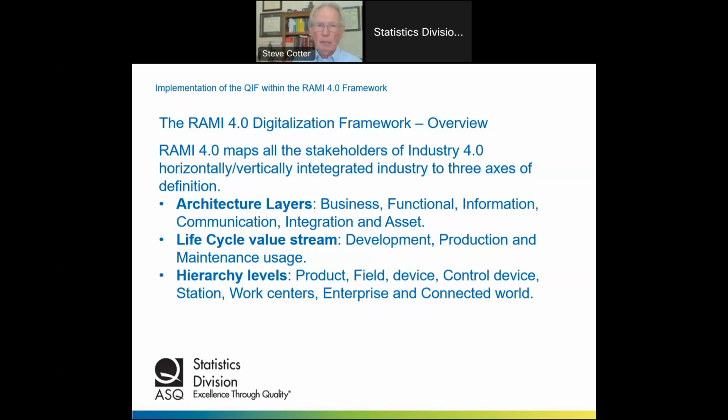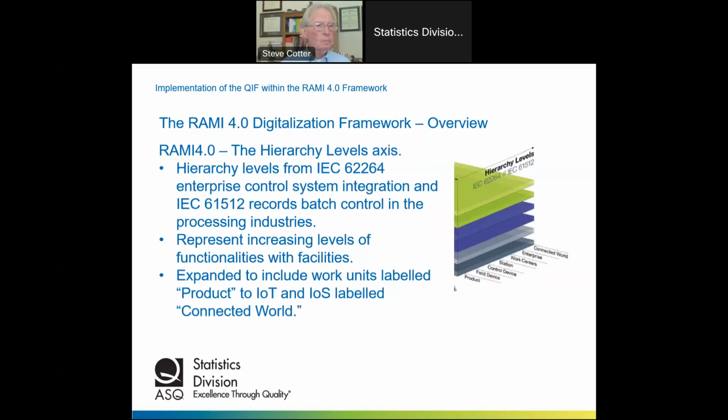And then finally, the hierarchy levels: the product, field device, control device, station, work centers, enterprise, connected world. It recognizes increasing complexity from the product unit to products to a fully interconnected world. The hierarchy levels, as we indicated on the right, proceed from the product itself to the product within an interconnected world. The hierarchy levels are taken from IEC